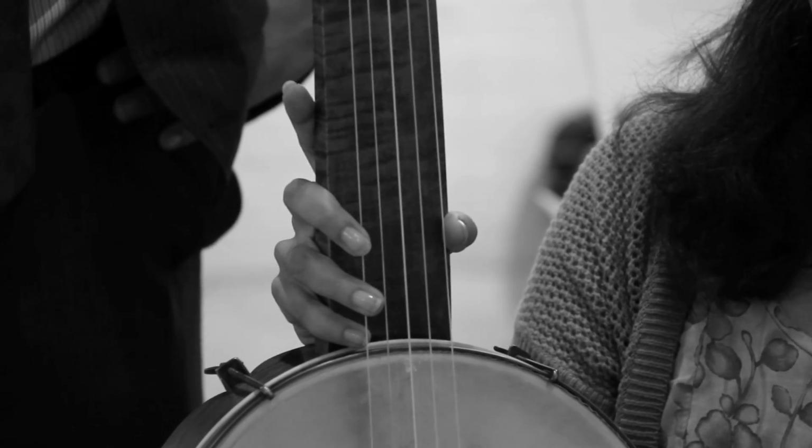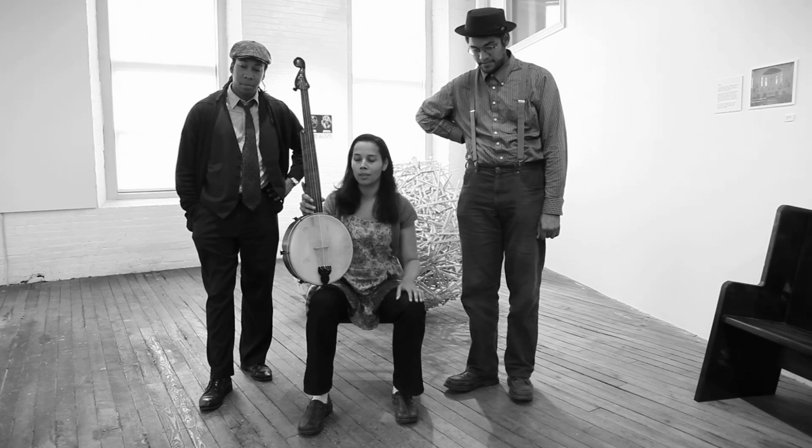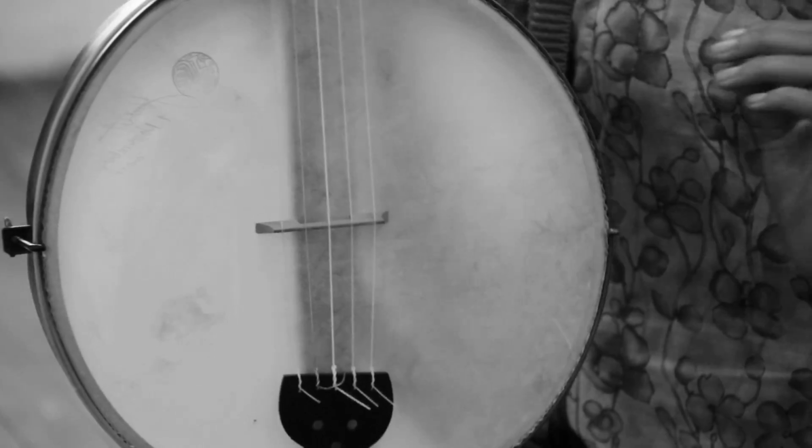In addition to him, there was Dan Emmett and a lot of other people. Dan Emmett's the one who wrote Dixie. Yeah, that's a whole other story. But the banjo is very different from the modern banjo. It's got a goatskin head and